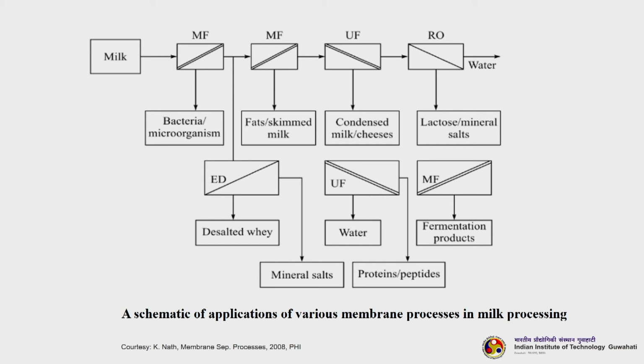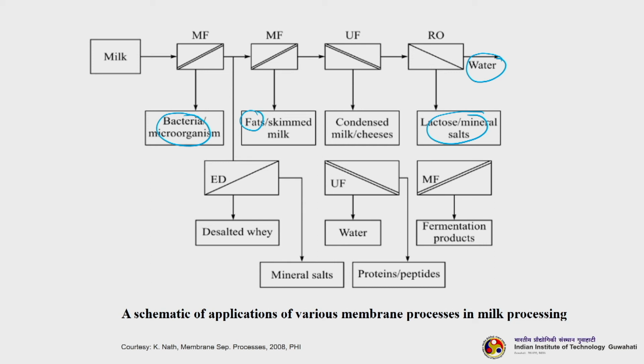You can see the milk first goes to the microfiltration unit here, where it removes the bacteria and microorganisms, then it goes to another microfiltration unit where the fats will be removed. So, we will get basically skimmed milk, then again it is processed through an ultrafiltration unit where we will get condensed milk or cheese, and then it passes through a reverse osmosis membrane where we get water here and lactose and